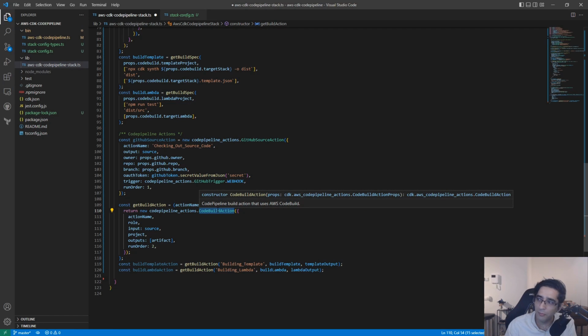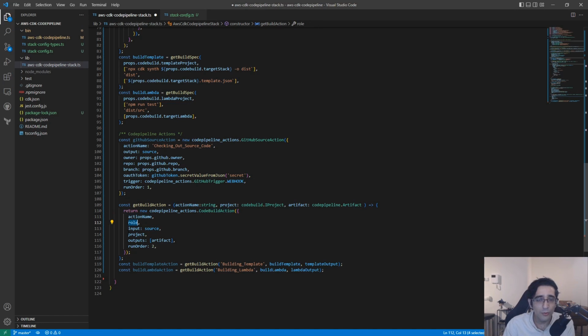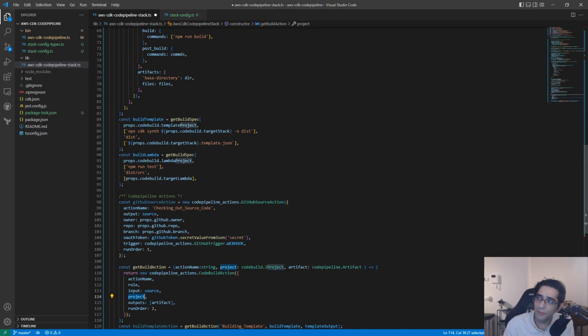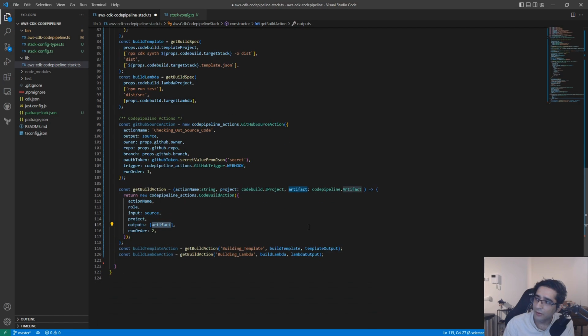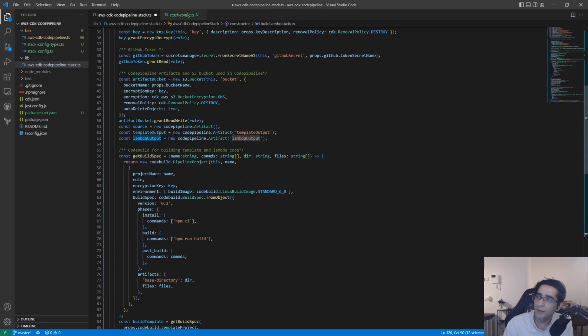And this is a code build action. And because we're using a code build action, it's just the name, the role that we wanna use for the code build, to have an input where it will get the code from the source. Then we will use the project, which in this case is one of these 2 build specs, and it will output in an artifact. And the artifact like this is template output or lambda output, and those are the artifacts